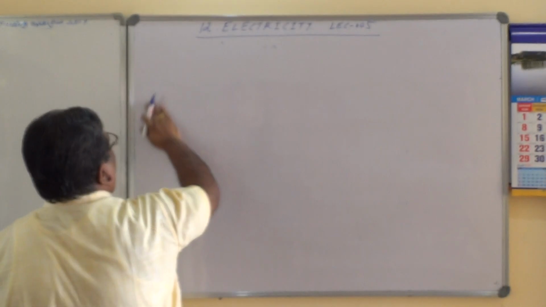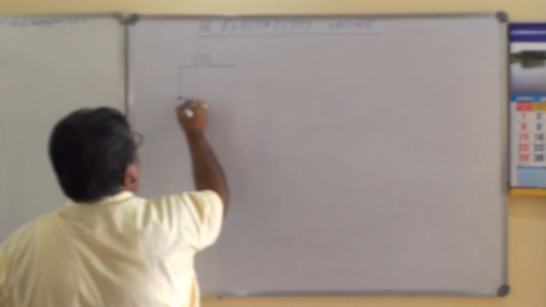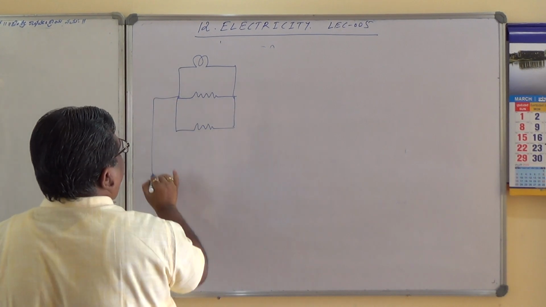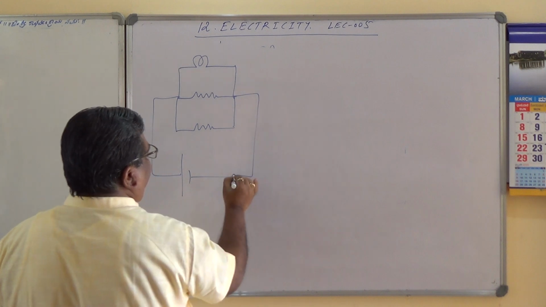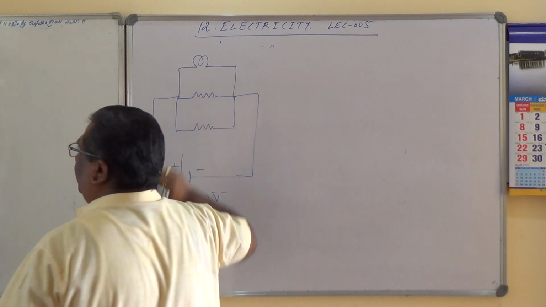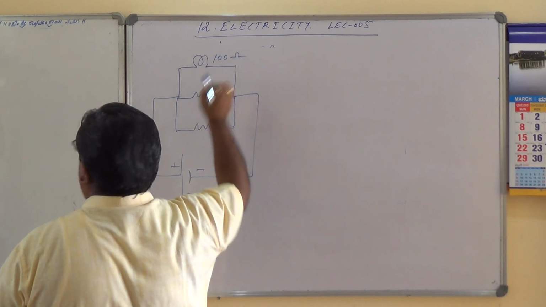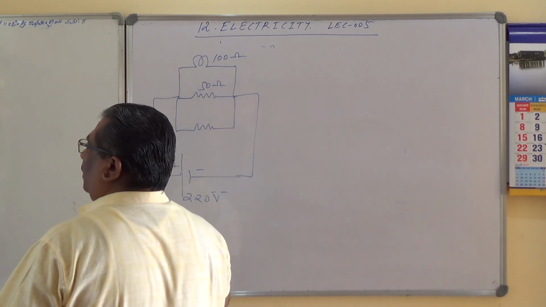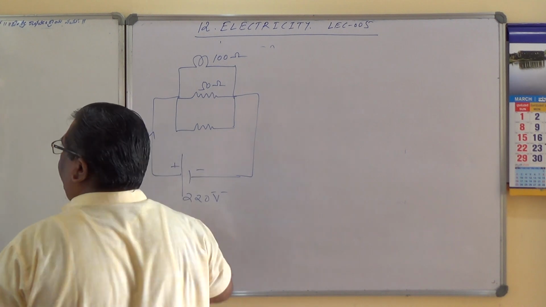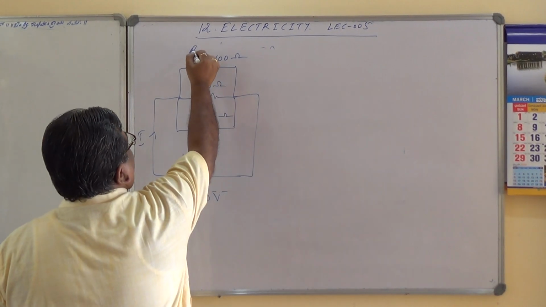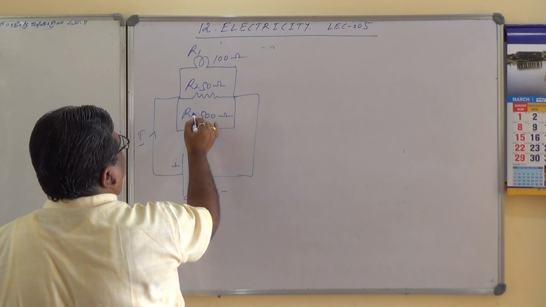Very quickly, let me check. Electric lamp 100 ohms. After that one more appliance, after that one more appliance. All these are connected in parallel combination to a 220 volt source. So here the bulb is 100 ohms, then comes the toaster of 50 ohms, and then comes the water filter of 500 ohms. Let me have a naming ceremony. Let this resistance be R1, this is R2, and this is R3.